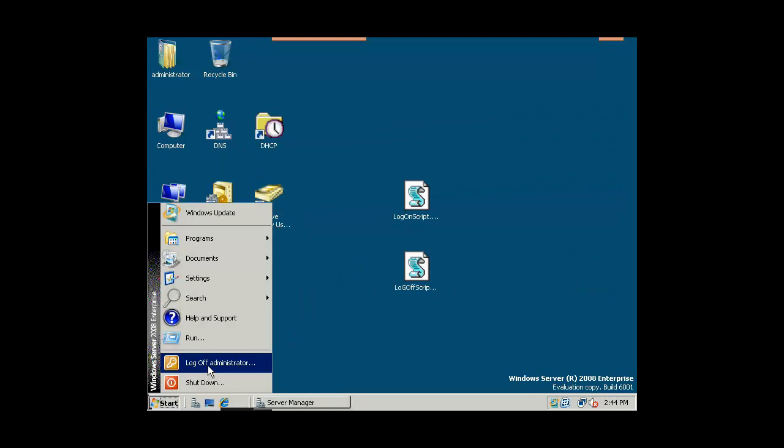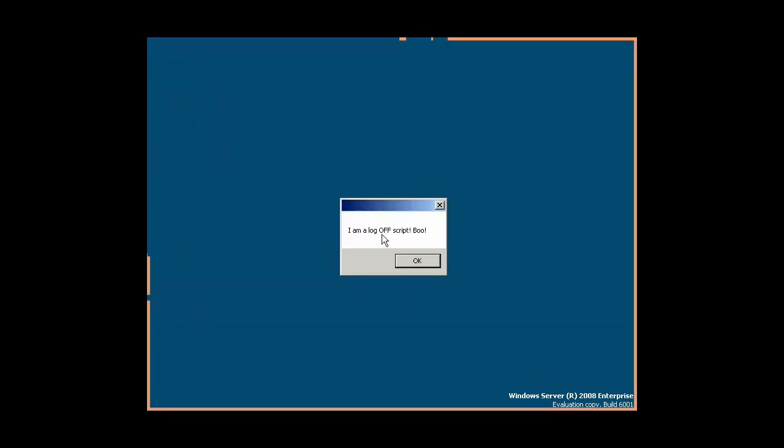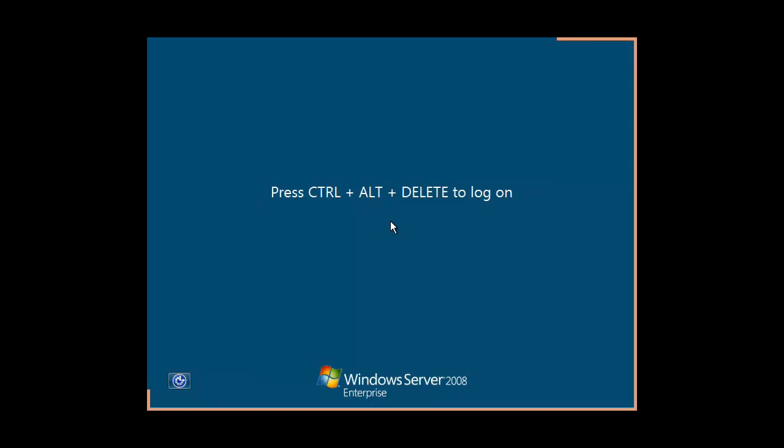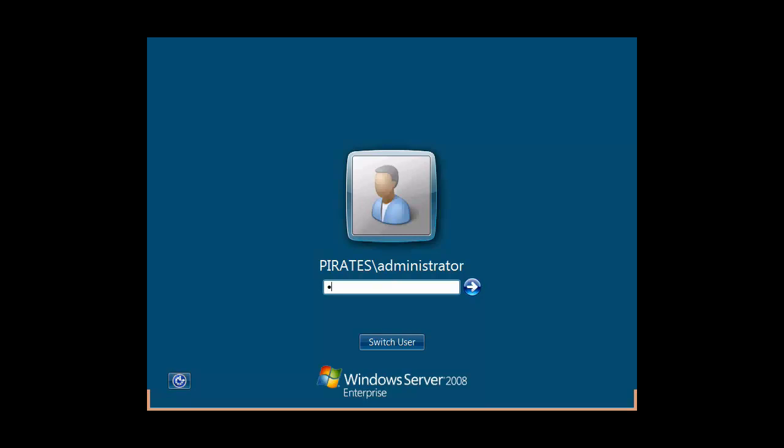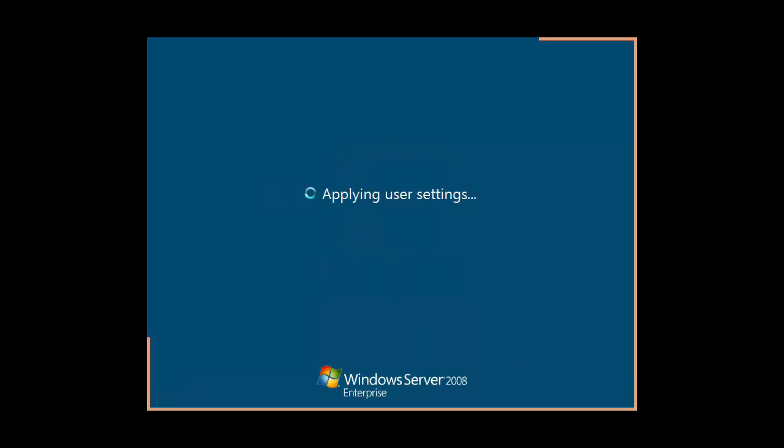And let's go ahead and log out. Notice that here's my script now. I am a logoff script, boo. And then we will log on. I'm going to log on, and here, password,